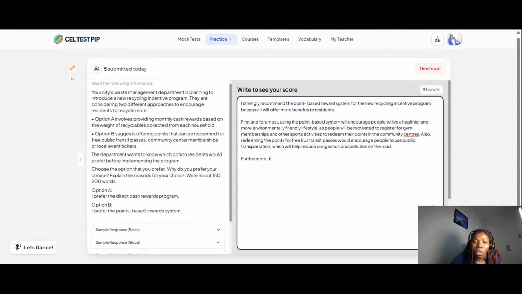Furthermore, redeeming points through local redeeming for local